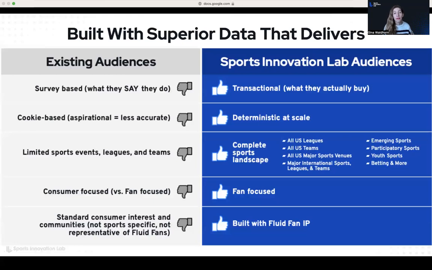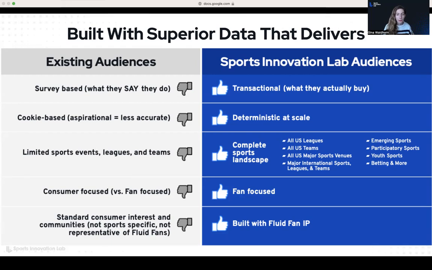Sports audiences today have been very limited to the type of sport or the league, but it's time that we got down much deeper, including all US leagues, including emerging sports, Big Three, cricket, rugby, Athletes Unlimited, women's sports leagues, volleyball, as well as all of the teams, youth sports, participatory sports, and more. So this is the only data set that truly has that subject matter and domain expertise to cover the complete